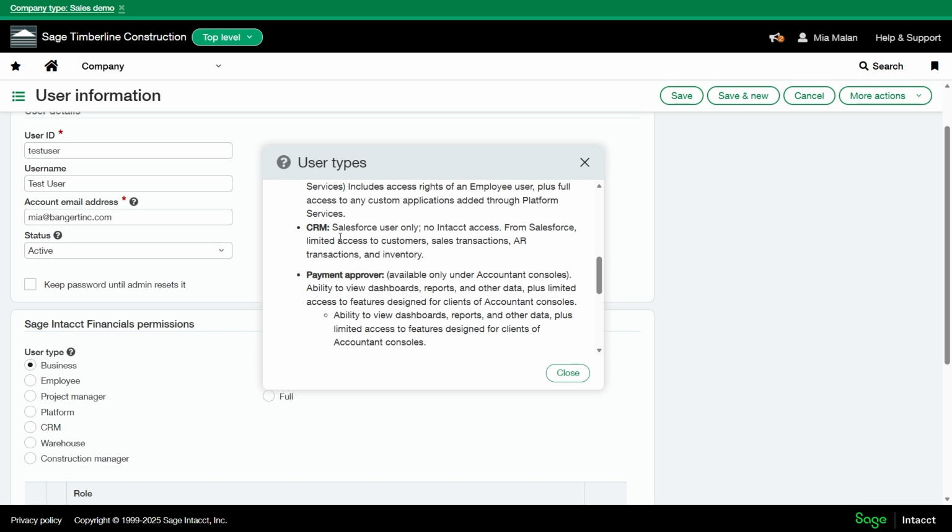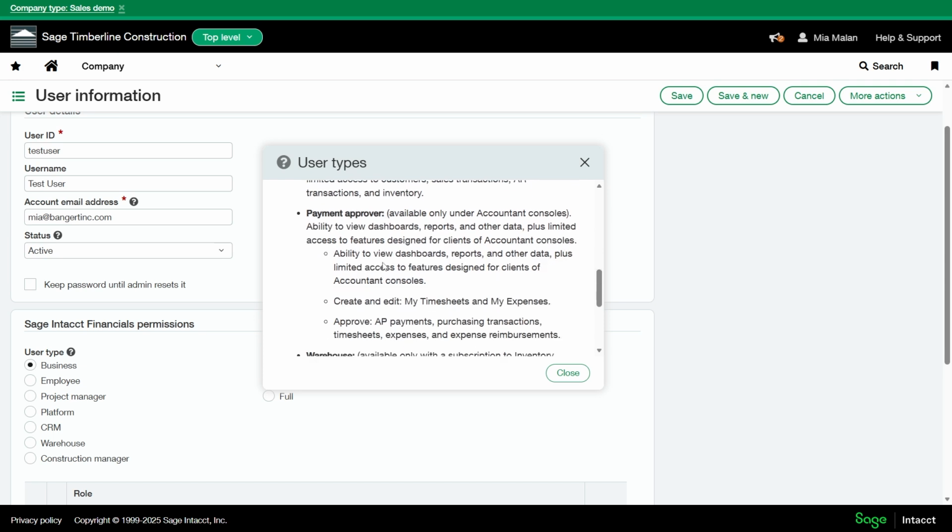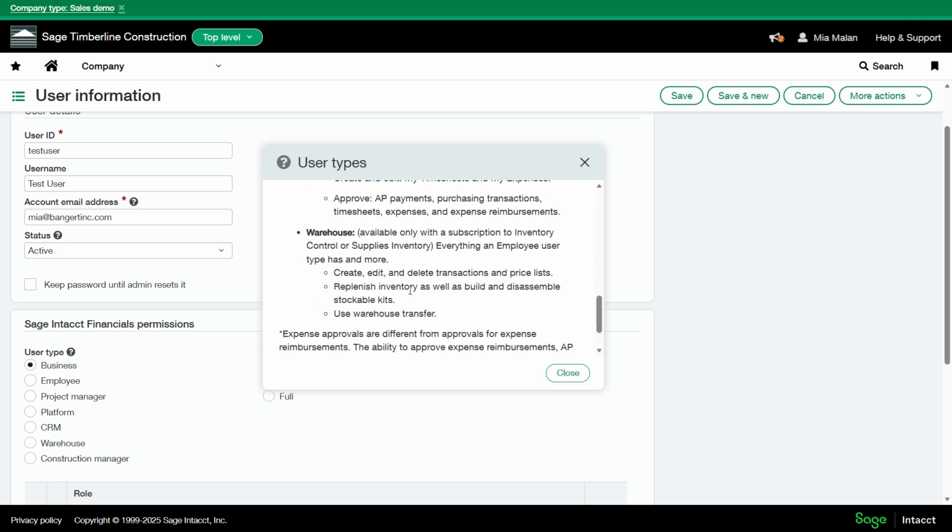CRM is a Salesforce user only, so they won't have any Intacct access, just through Salesforce. And there's some information on payment approvers and how those work within the system. And warehouse users work when you have a subscription to inventory control.